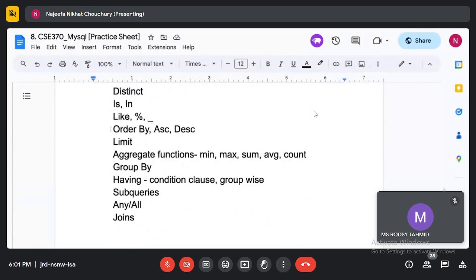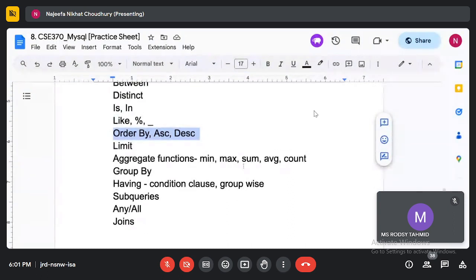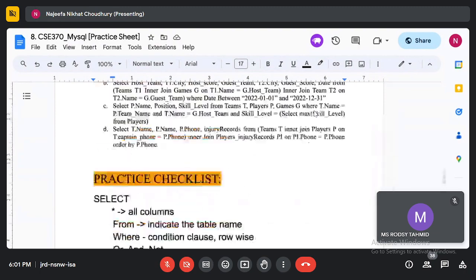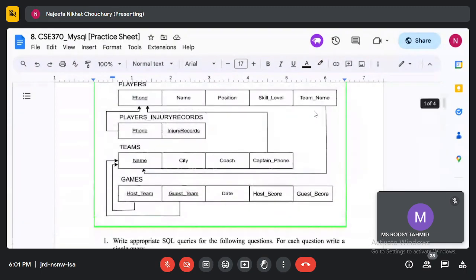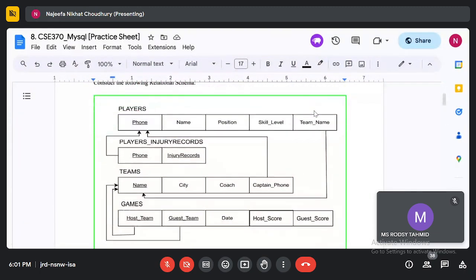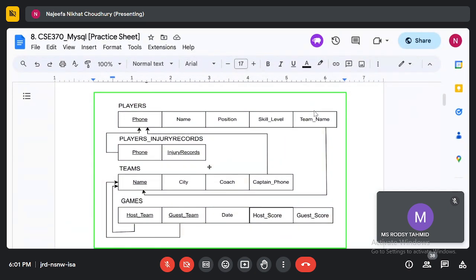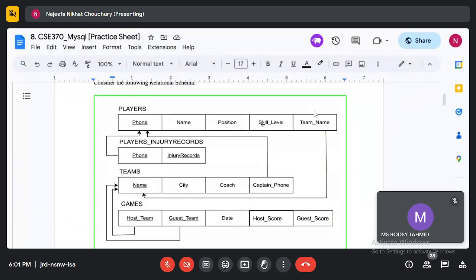Okay, the next part is ORDER BY, ascending and descending. ORDER BY is used to sort the values using some column. Let's say I want to see all players sorted by their skill level, so the person with skill level 1 should come first, and then the skill level should increase.